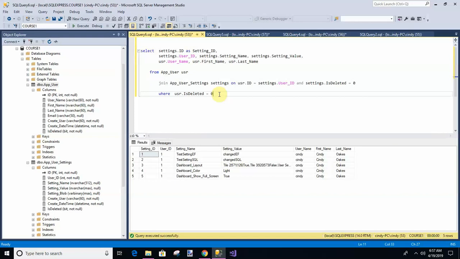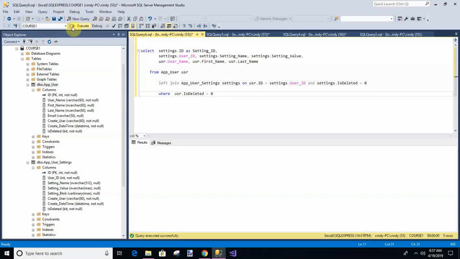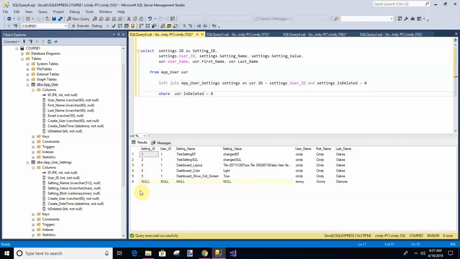So then we could use a left join. And what that would do, it would take the left record, which is app user, and it would take, if it found any settings, which is the right hand, it would take those, but even if it didn't, it would just give it null. And that comes in handy a lot. So we do a left join. So now you can see we've got